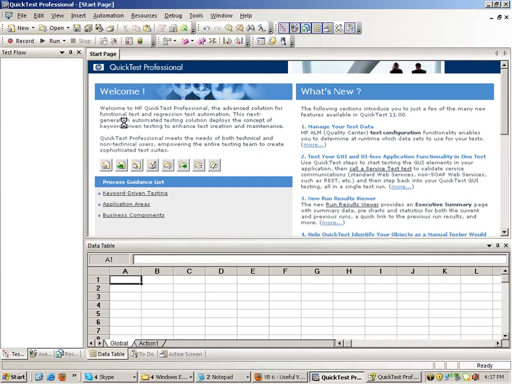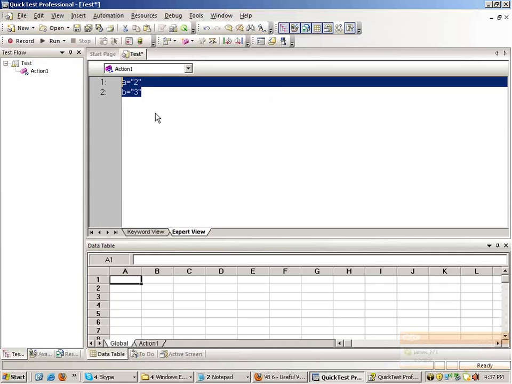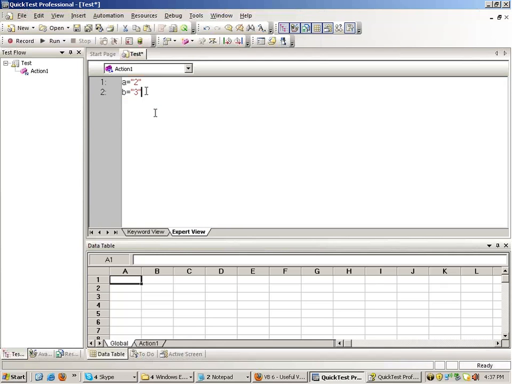Now sometimes what happens is that you read a number from an application, and that number is read as a string. For example, if I write a equals to 2, so this is a string, and if I write b equals to 3, this is a string. In QTP actually you can directly write these things. There is no need to declare them or something. If I write a equals to 2, b equals to 3, and if I write sum equals to a plus b, and out here I'll write message box.